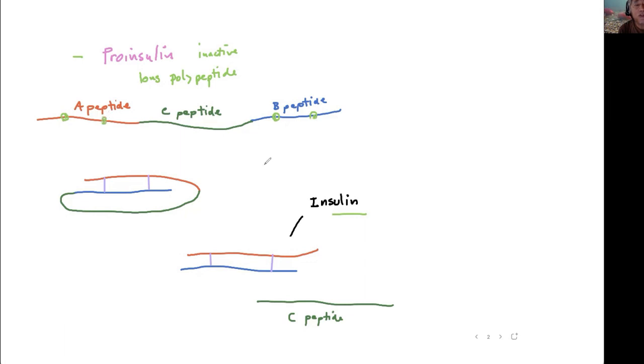Actually, a couple more that I'm not showing you, but get the idea. In order to get these things around, we've got to fold it around, like I said, like a paper clip, so you get this structure. And now we can actually make those disulfide bridges. Right? These disulfide bridges are going to hook up. And then the last thing we do is to use a protease, and we snip off this C peptide,